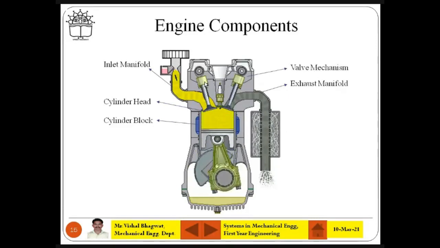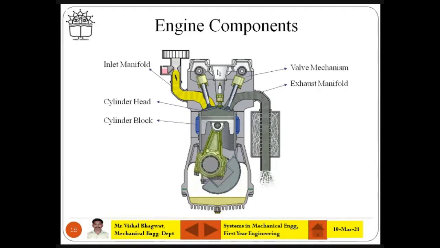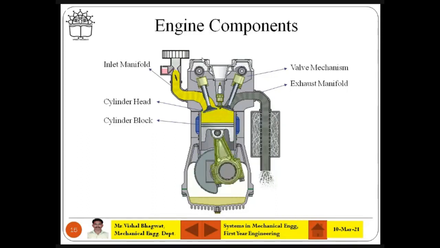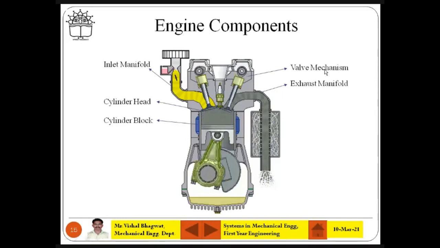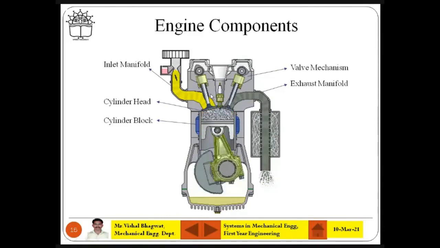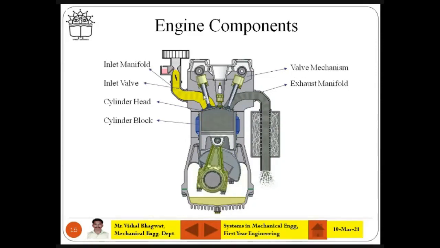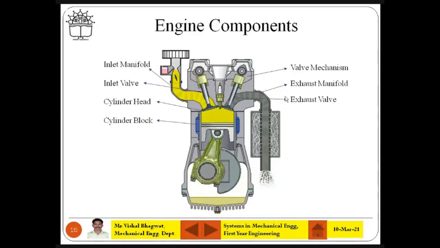Valve mechanism. On the head, on the top side of the intake valve and exhaust valve, there is a valve mechanism. This is mechanically controlled, or nowadays it is electronically controlled. There is an ECM, electronic control module, an electronic circuit, which controls the timing of valve opening and closing. That is called the valve mechanism, electronic or mechanical. This is a mechanical one. What you can see is a cam and follower mechanism, by which you can see the valves opening and closing. It is on the top. The inlet valve is this, of course. The exhaust valve is this. Understand?